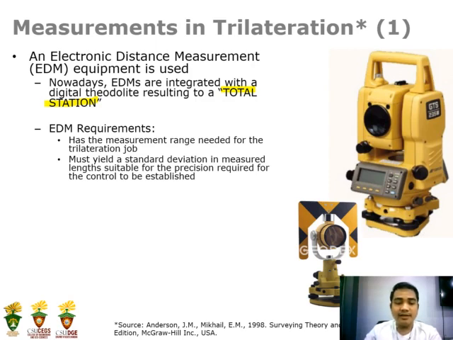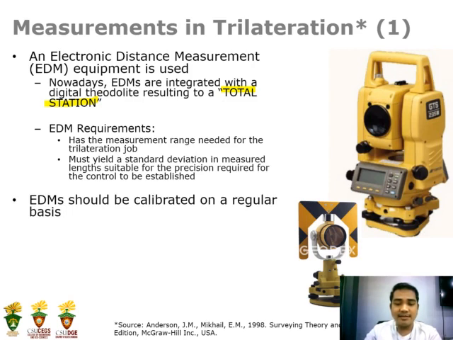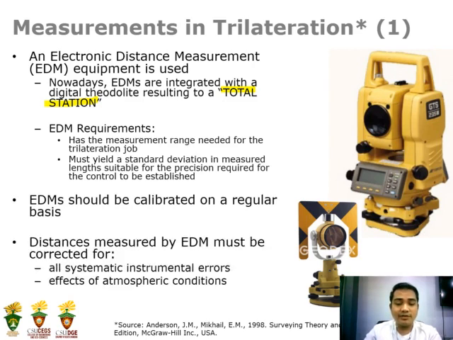Must yield a standard deviation and measurement lengths suitable for the precision required for the control to be established. And EDM should be calibrated on a regular basis. So EDM should be calibrated every 3 years. And the distances measured by EDM must be corrected for all systematic instrumental errors, effects of atmosphere, and effects of